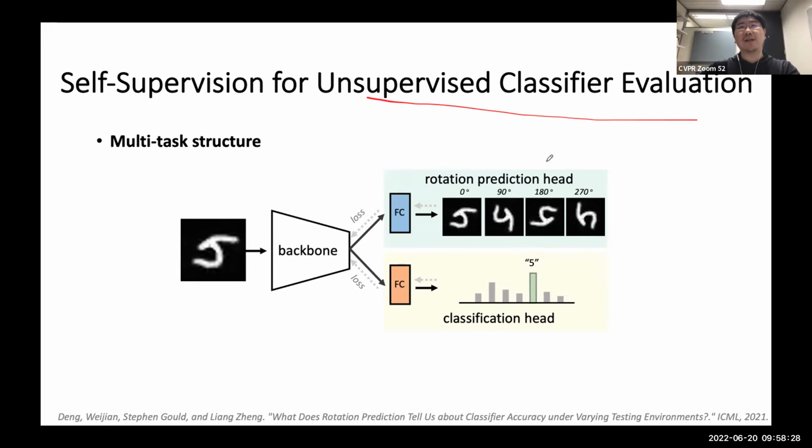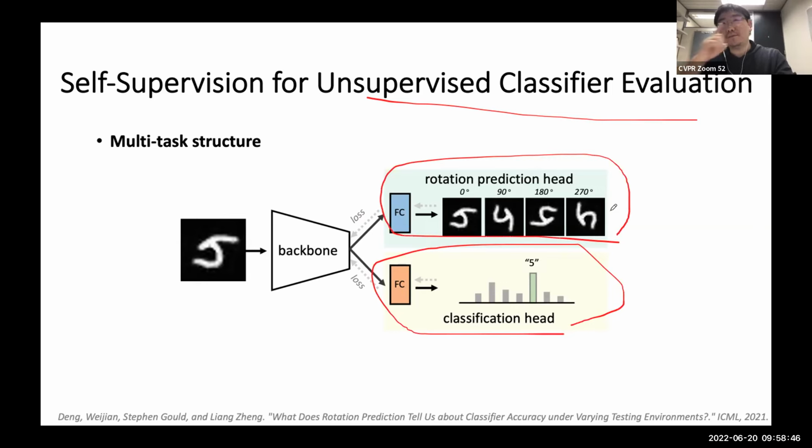In addition to our normal semantic classification head, we also train a rotation prediction head, and we evaluate.